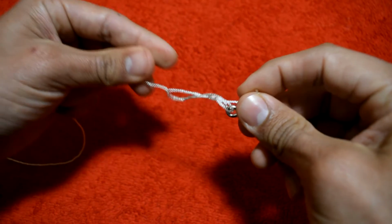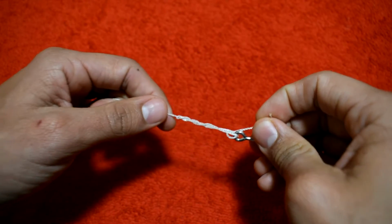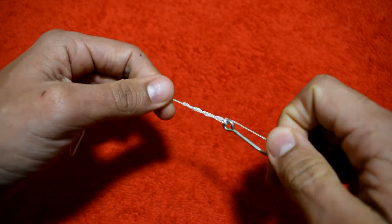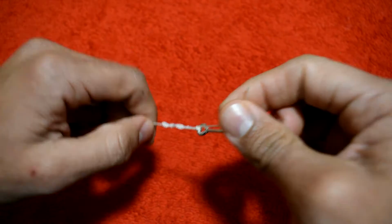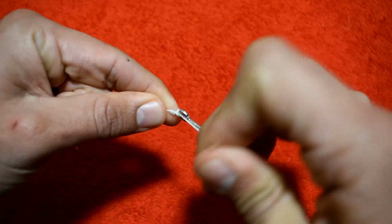Now, when you're cinching down the knots, you gotta make sure you wet the line. Whether it's braid, mono, or fluoro, you gotta make sure you wet the line. Reason being is that line, when you start cinching it down, it's gonna create a lot of friction, and you wanna prevent the line from burning or weakening that knot. Once you squeeze all the excess out of it,